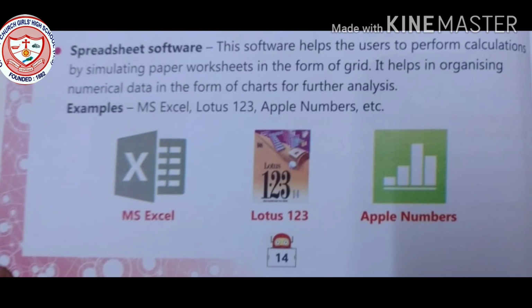Spreadsheet software helps the user to perform calculation by simulating paper worksheets in the form of a grid.